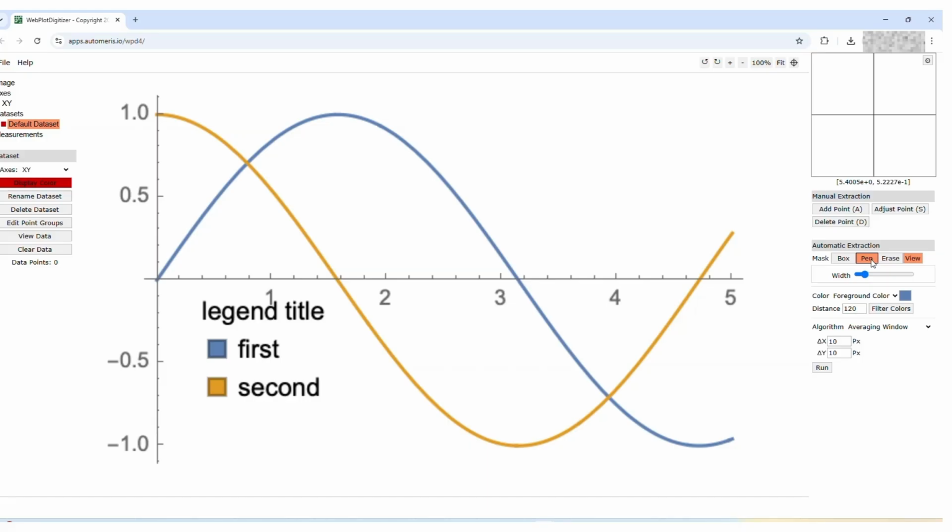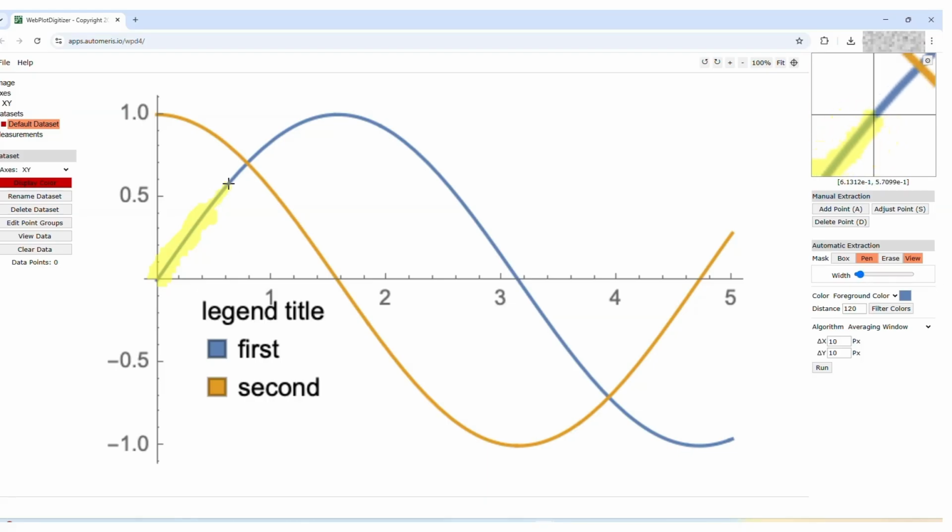When we select the pen tool, the pen mark width can be increased or decreased. Now, according to the data, we need to select the last one. We started from our point here. As you can see, this one is shown like this. If we decrease the width of the pen tool, then it shows more precisely, as you can see